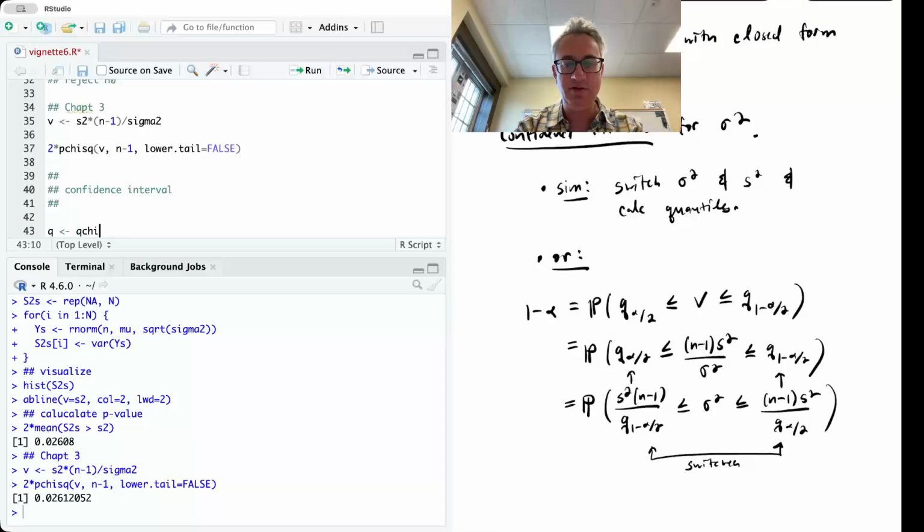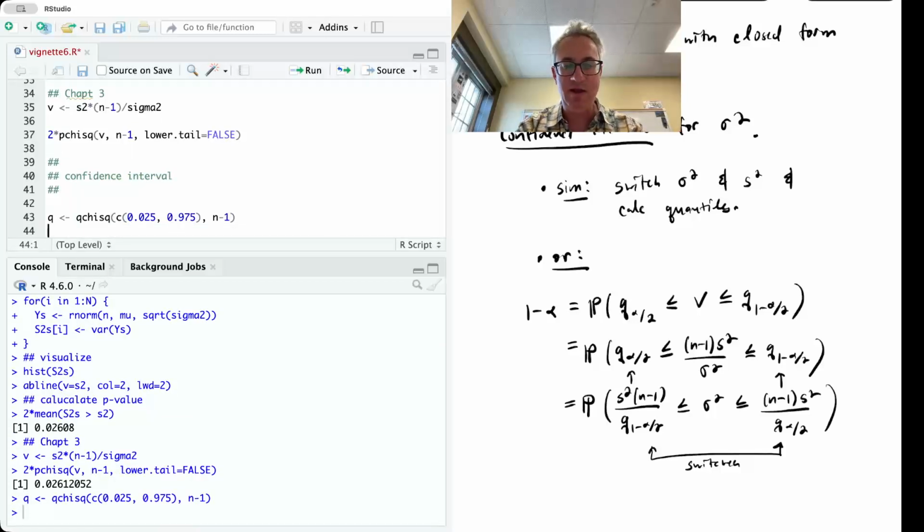So qchisq, with the quantiles I want are 0.025 or 2.5%, 0.975 or 97.5%, with n minus 1 degrees of freedom. And then I can take this S2 value following the formula times n minus 1 and